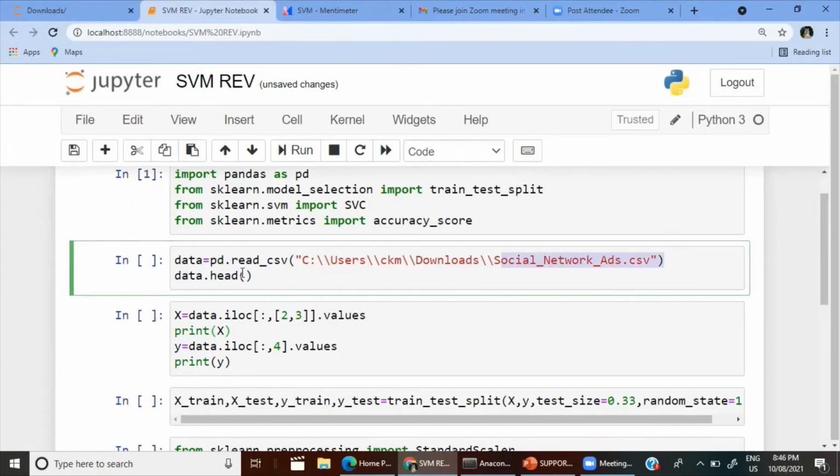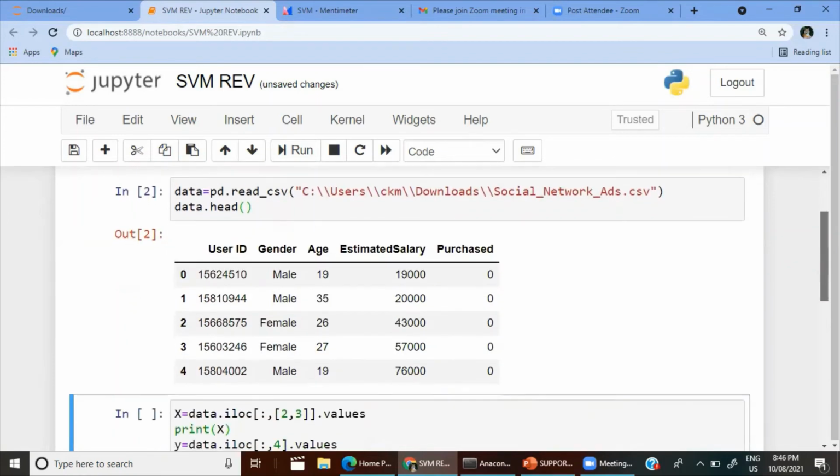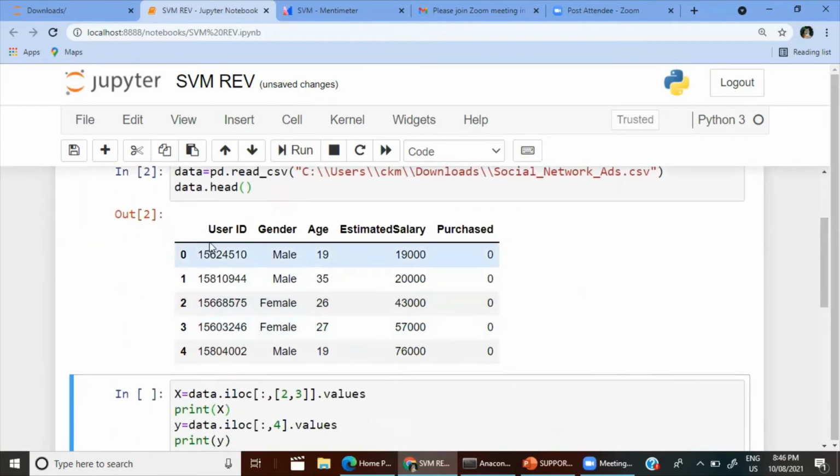After that, data.head means the first 5 values will be printed. Let's see how the data looks. See the same data: user ID, gender, age, estimated salary. The last column is the target, whether a customer has purchased the product or not. So it's clear.